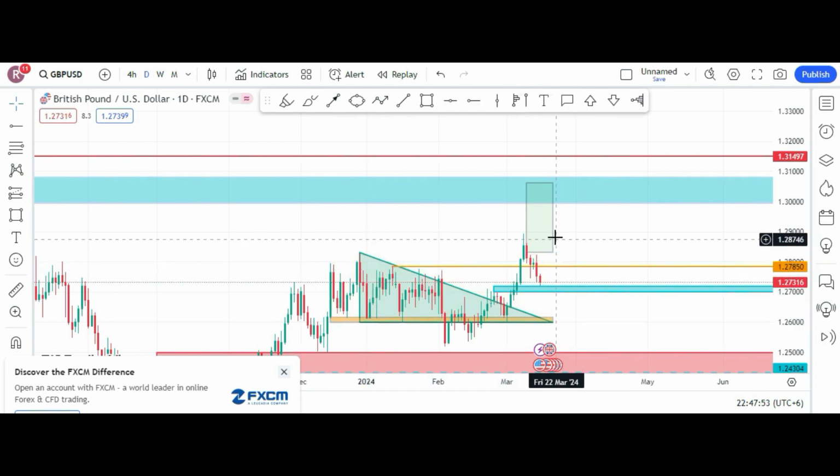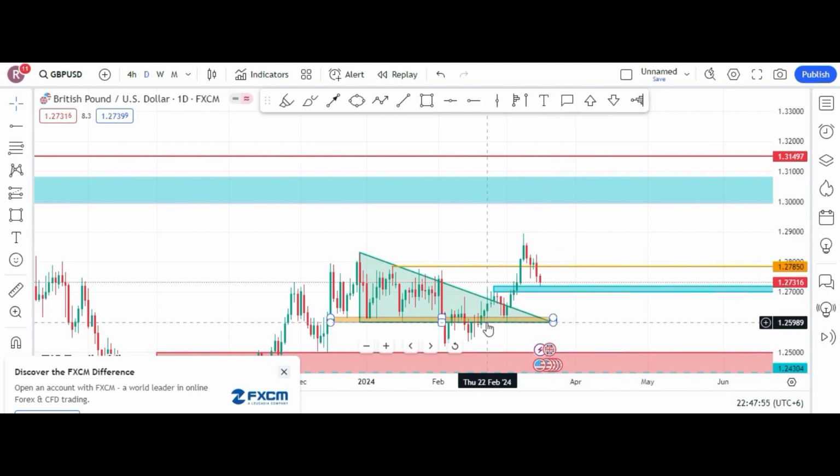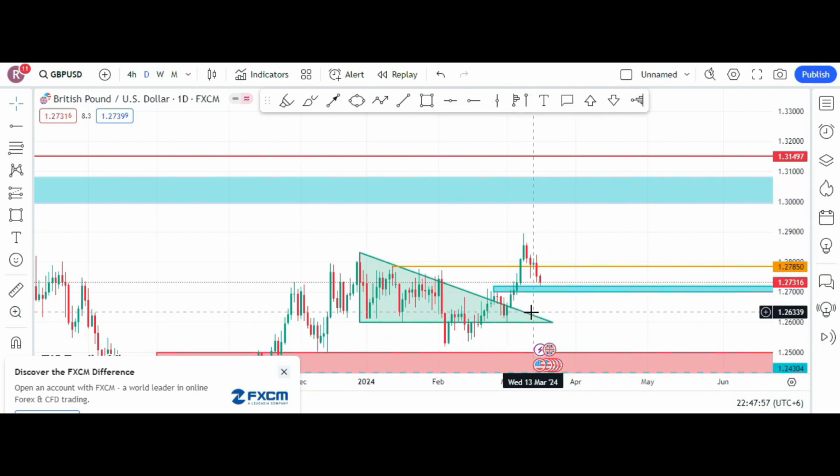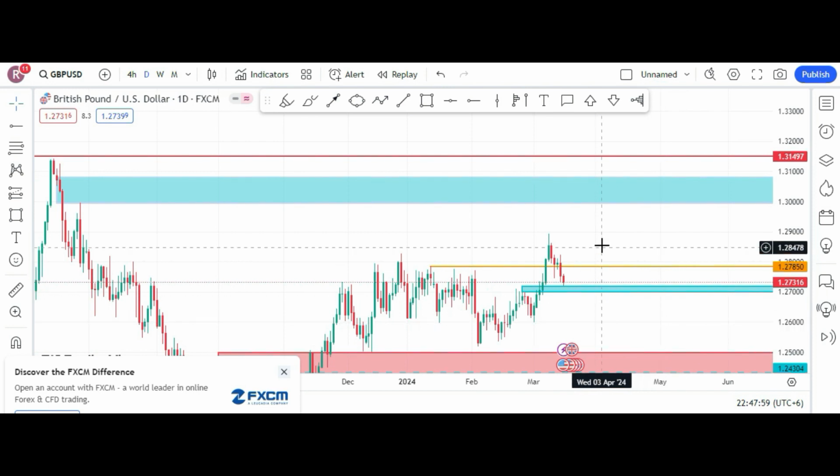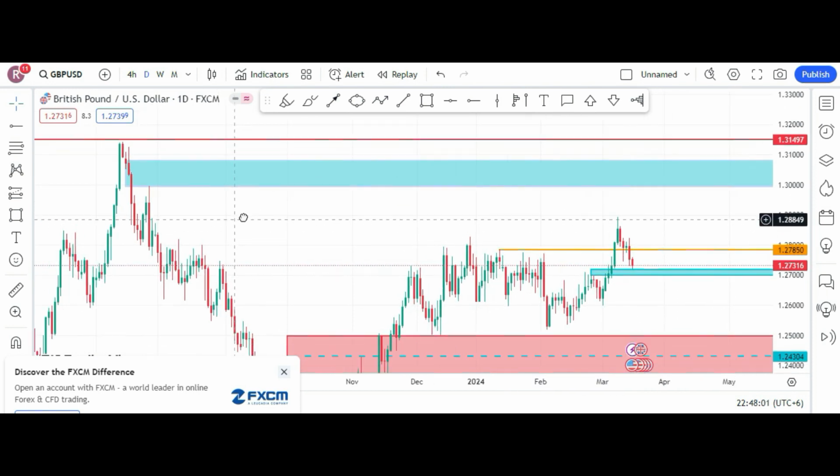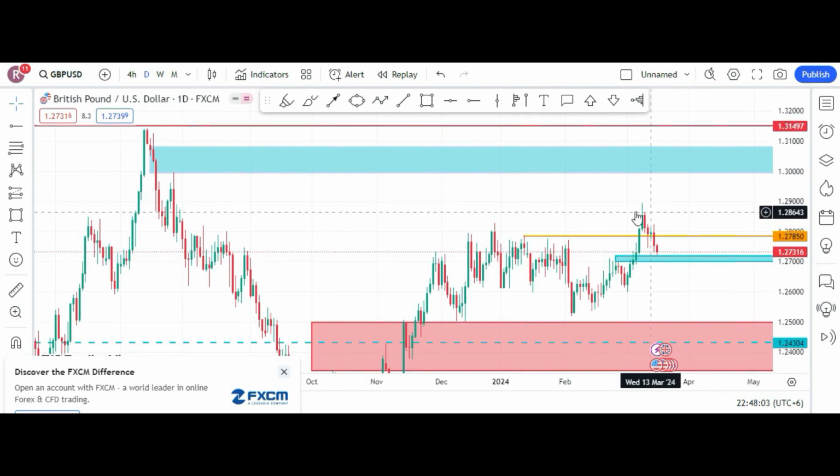These are not applicable anymore. The structure has already been broken, so we don't need this anymore. Now, what made this double top? You can see that if we take as a reference value from this area